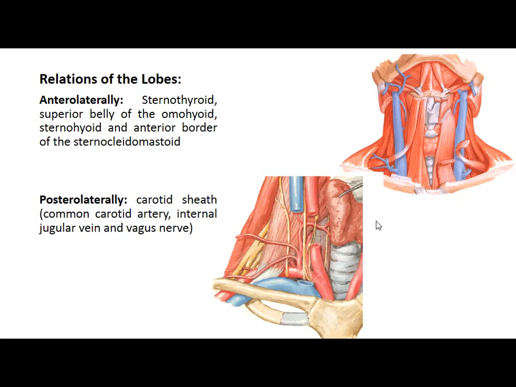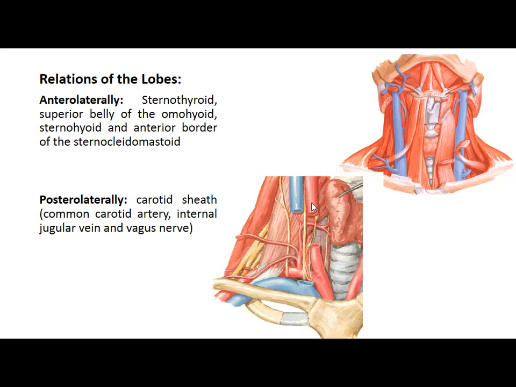One is the carotid sheath. There is a sheath here. If you see here, this is the thyroid gland. It has been elevated so that you can appreciate the structures which are behind. So what are these? One covering here, which is not shown here, is something called the carotid sheath, within which there are three important structures.